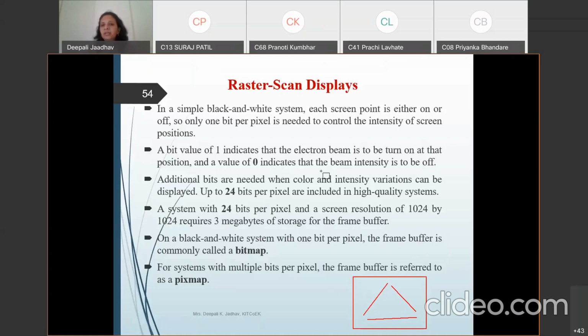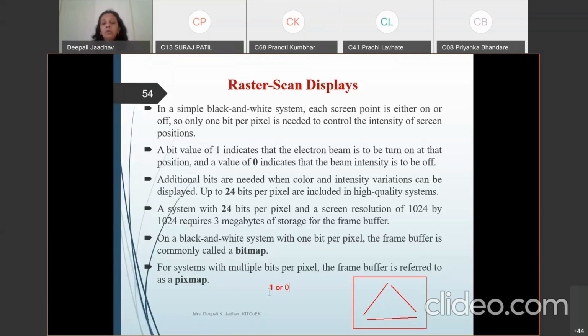So 0 indicates the beam intensity is off and 1 indicates it is present, on. To represent the triangle, every pixel's information is stored in the form of 1 or 0. 1 indicates the pixel is to be displayed, and 0 indicates the pixel is not to be displayed.